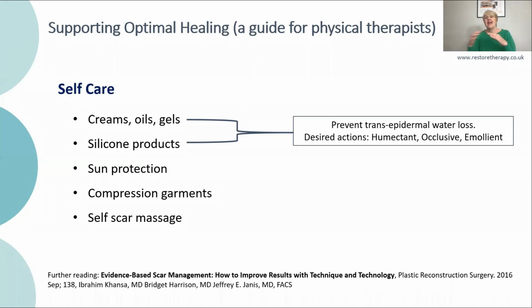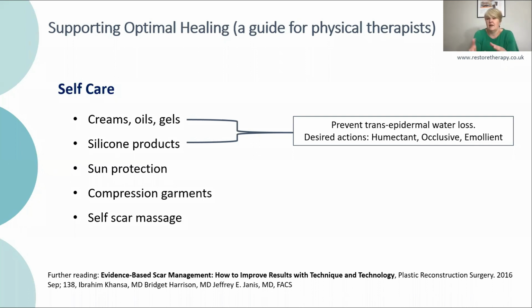So it can help prevent excessive scar tissue formation, and the tissue that's forming that is lacking in that normal hydration of the tissues can be looked after using these kind of products. So ideally you want a product that's going to be humectant. So that means it's going to suck in moisture from around the area into the area that's been damaged. It's occlusive, so it's providing a barrier function, and emollient, so it will help with the suppleness of the tissue. And this could be a choice of using a cream, an oil or a gel, but look at what